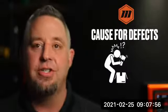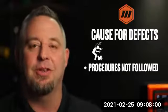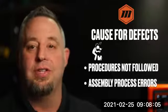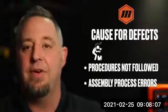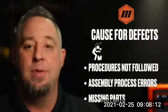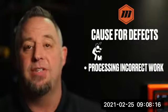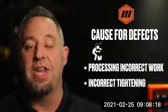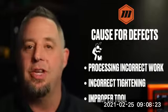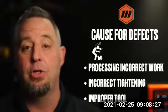Some of the causes for the defects that we might see are that the procedures are not followed correctly. Also, the assembly process may have inherent errors within it. Components may have missing parts or not missing components. The process is incorrect when they're doing the work. They're not using the correct tightening procedure when doing the tightening,